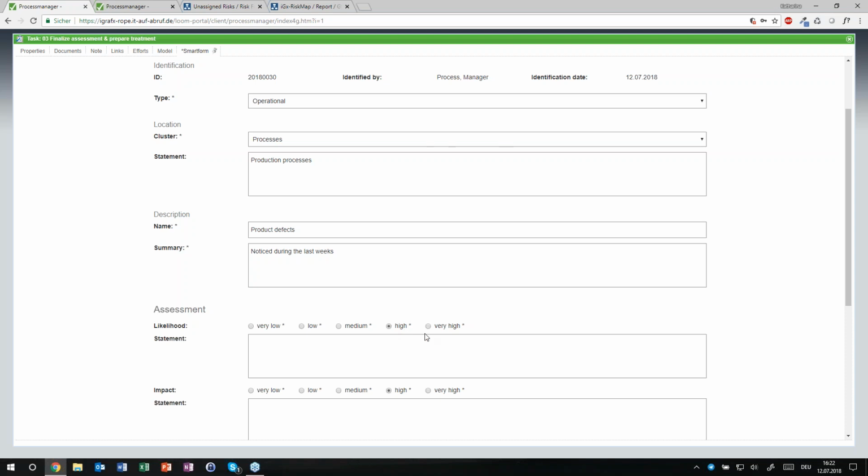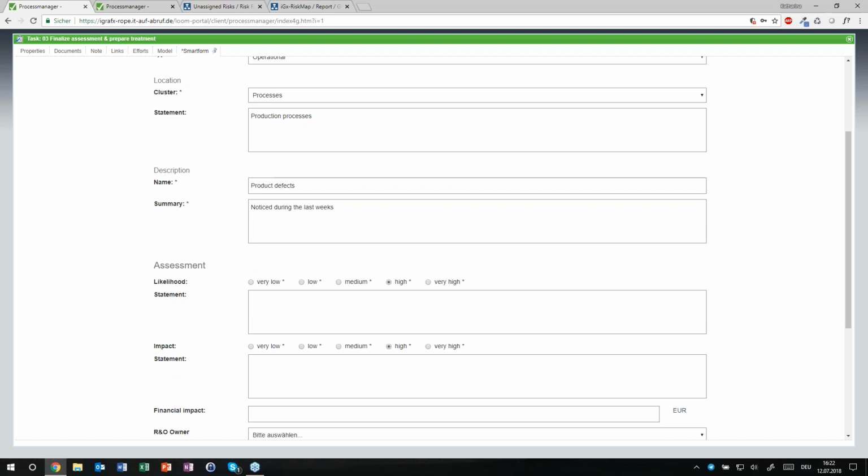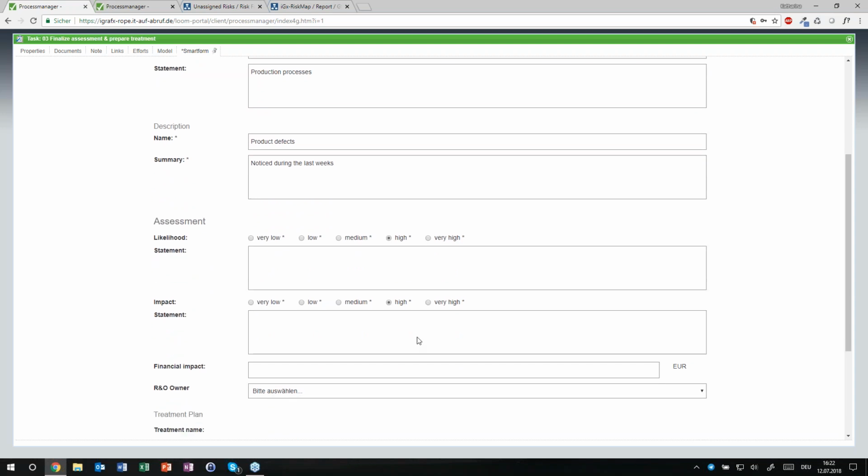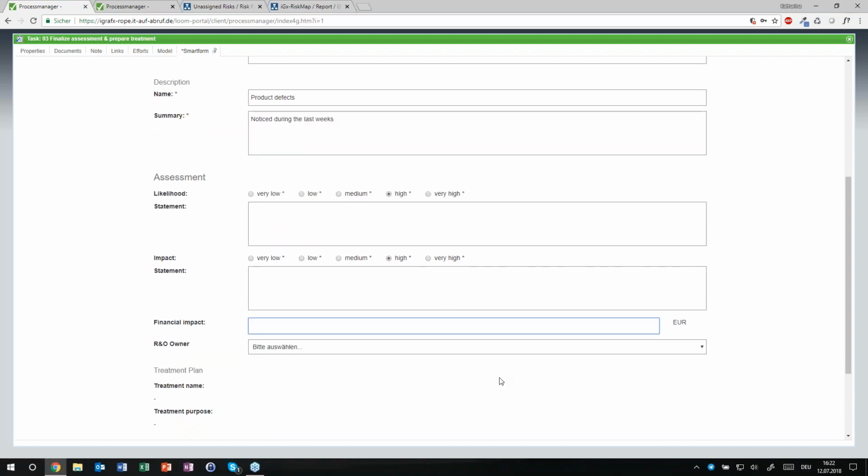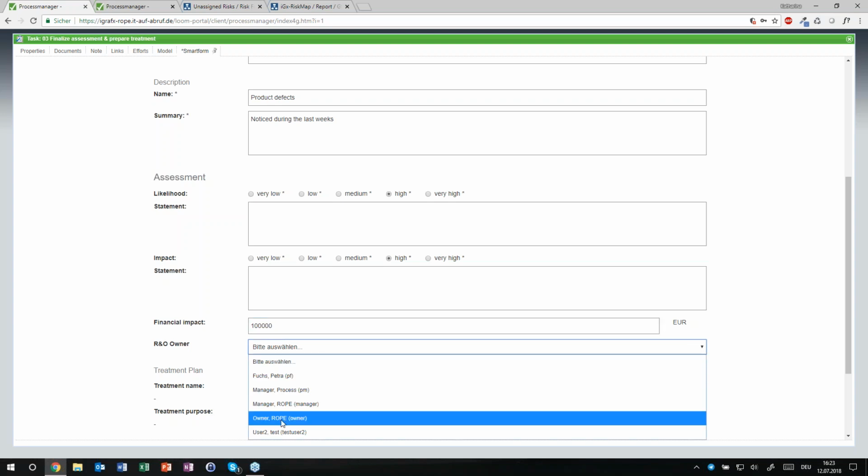So it's not very high, but high, which will affect the risk value that we give here. I can also give a financial impact. So once the risk happens, once we have the product defect, what kind of financial impact do we have? I can state here, for instance, 100,000 euro, and I have to select a risk owner.